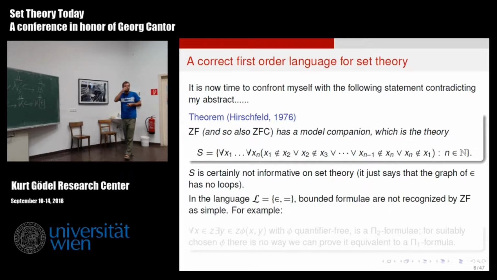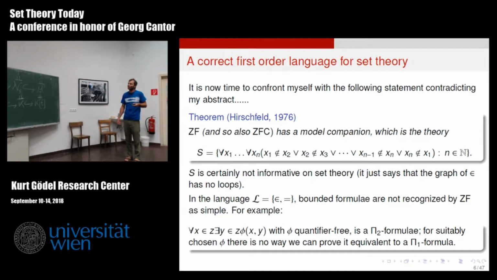What if you look at ZF minus relation? I guess in this case it's not even clear that it has a model companion. So what is the problem? The problem is that we are used to consider bounded formulas as simple, okay? But to do so, we resort to the trick of adding the bounded quantifications, okay? And take the bounded formula, but there is a problem that